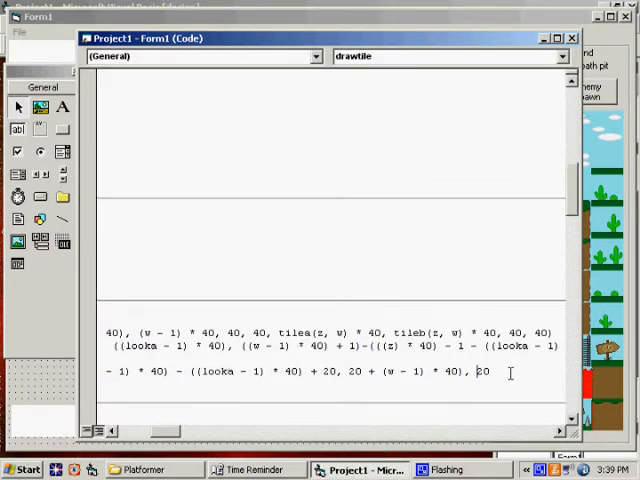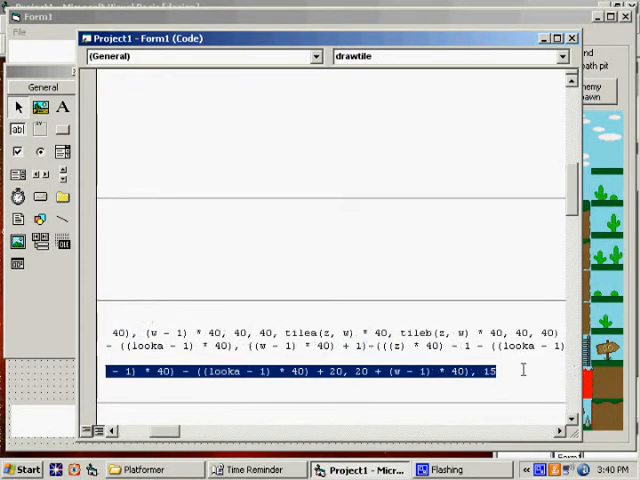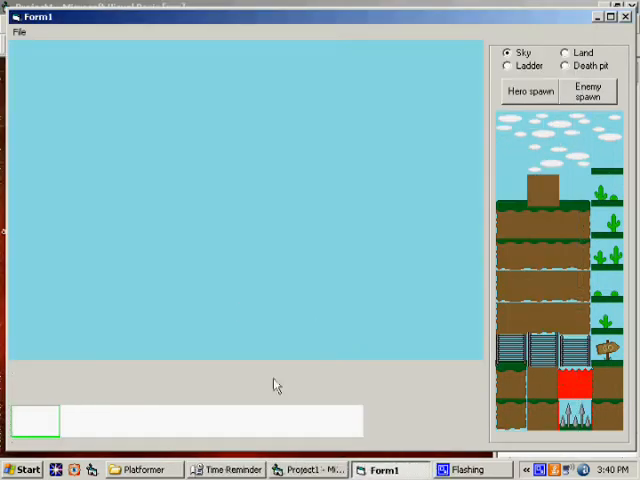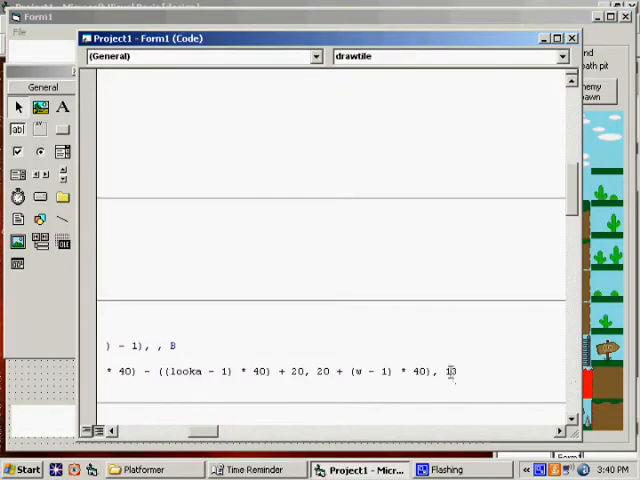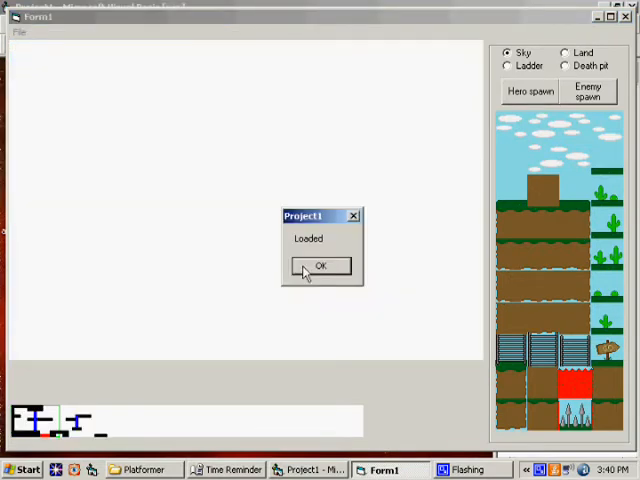Let's say 15 instead of 20. And you know what? Just to be cool, I'm going to take that whole circle command, copy it, and then say like 13, just so it's going to do two circles one inside the other, like that. Make it a little smaller. We're the only people that are ever going to see this, so I guess it's not that important. Loading map,